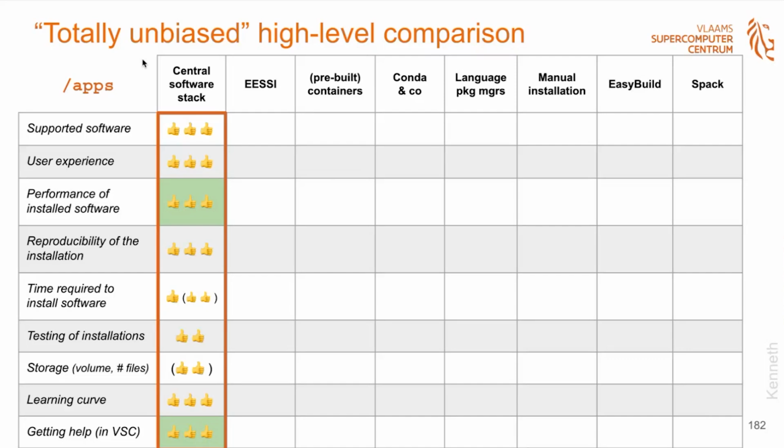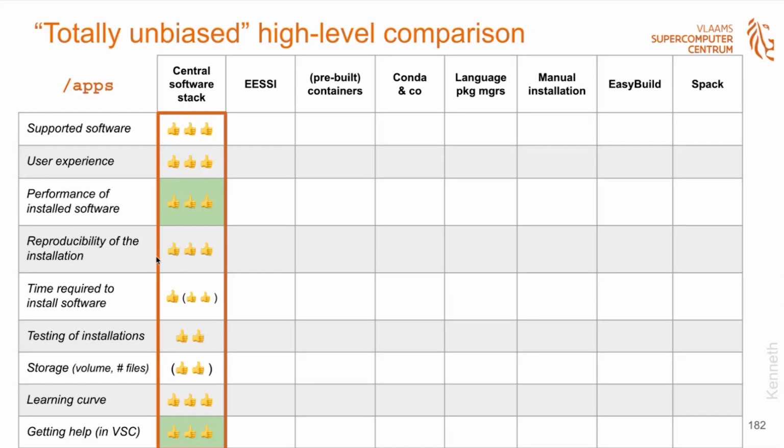In the central software stack, it's mostly positive, I would say. We pay a lot of attention to performance. There's quite a lot of software already, part of the central software stack. It's just module load and you can start using it. So hopefully that's a very good user experience. Reproducibility, once the software is there, it stays there, at least for the lifetime of the cluster, or as long